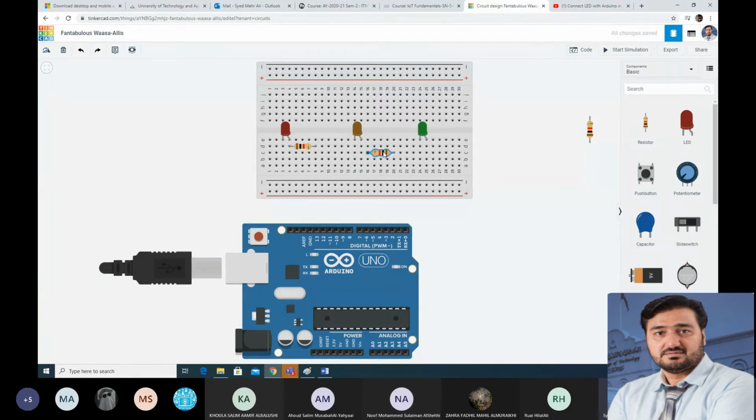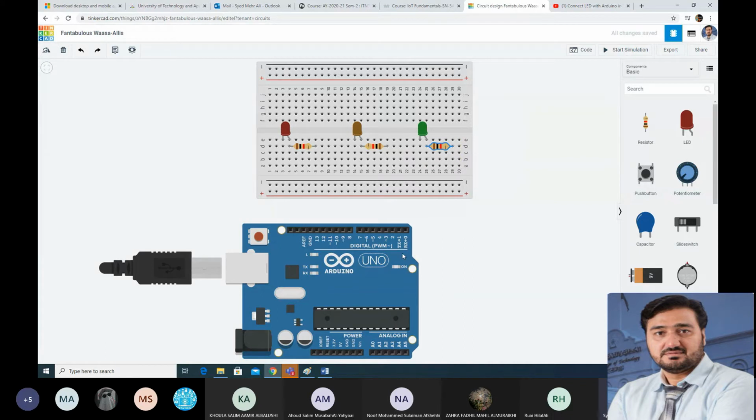This is the way you can rotate and use this one with the anode. This resistor also you can press R to rotate and connect with the positive end in the anode.